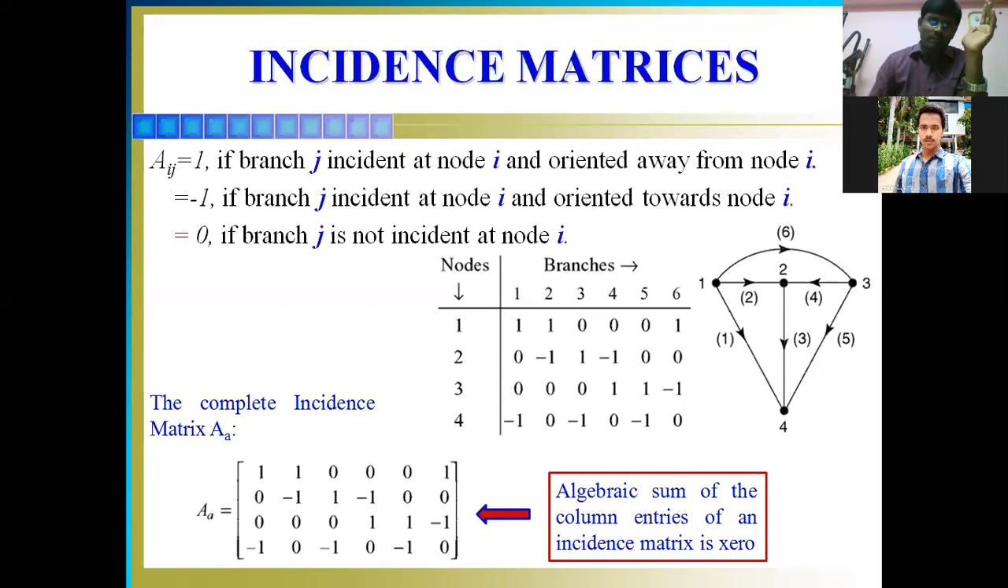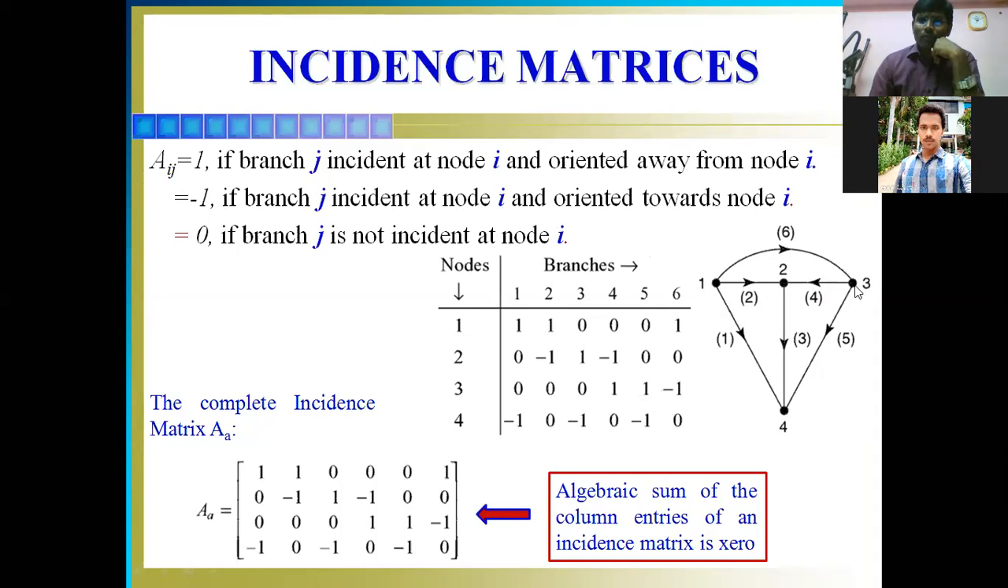That's what we wrote here. So Aij is equal to 1 when current is leaving from that particular node. If it is -1, the current is entering into that node. It is 0 if there is no connection between branch and node. So for that, consider this graph,